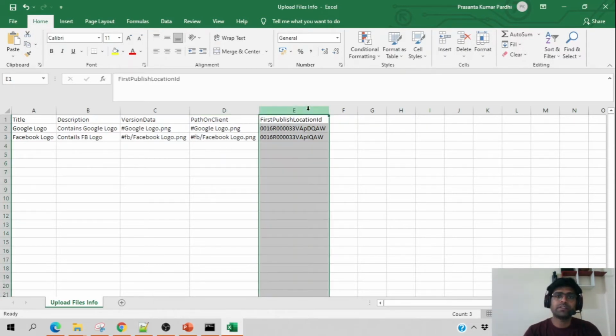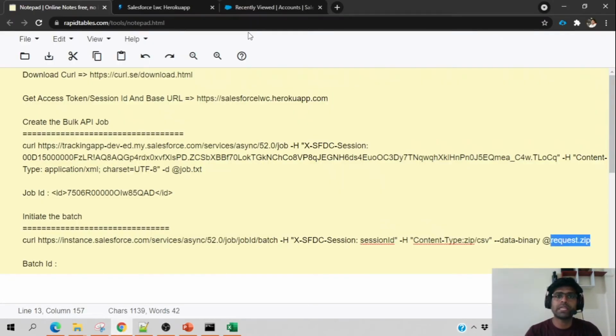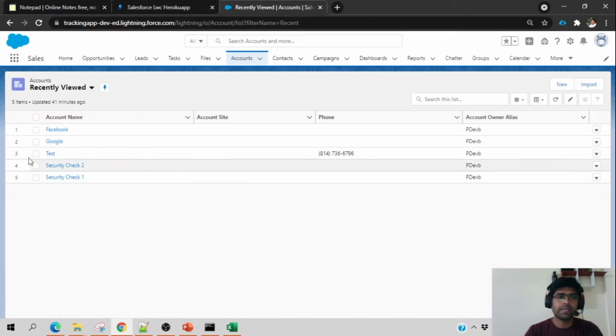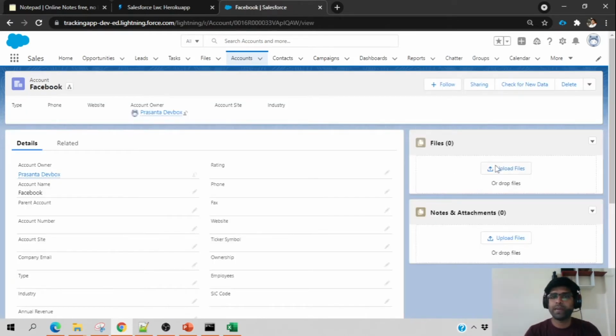If you see in the fifth column, we have some IDs over here. What is this ID? When you are inserting this file, do you want to link this file with any subject or records? In this example I have two records. If I go to my Salesforce org, here I have two records I am going to demonstrate. One is a Facebook account, where you see there is no file right now.